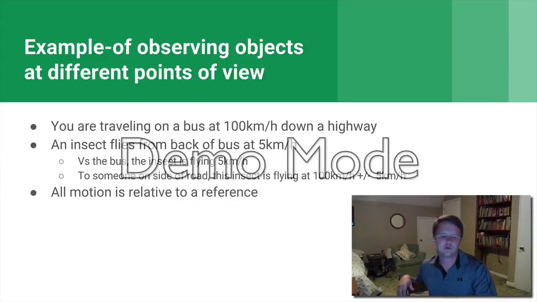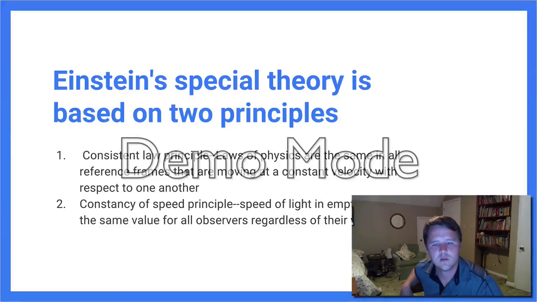All motion is relative to a reference. Very important line right there. All motion is relative to a reference. Just very important. So, Einstein's special theory is based on two